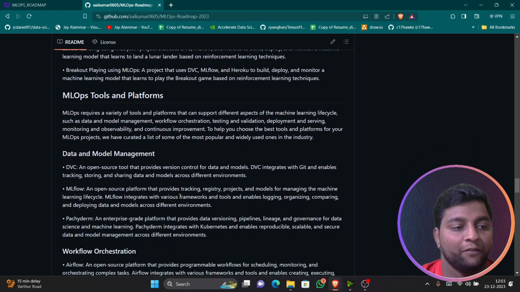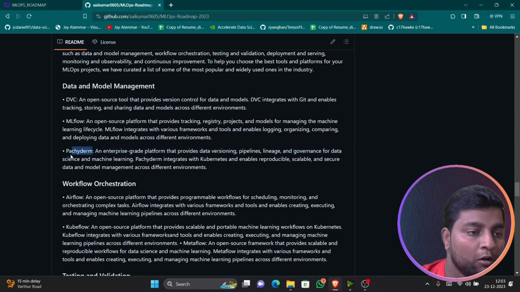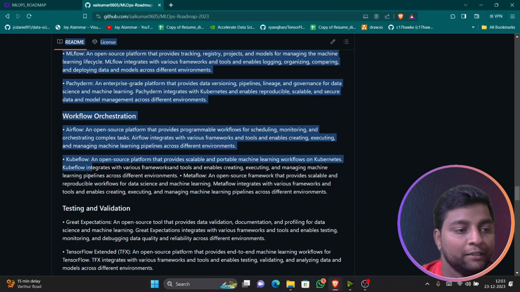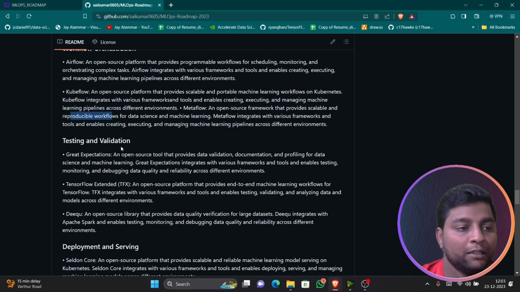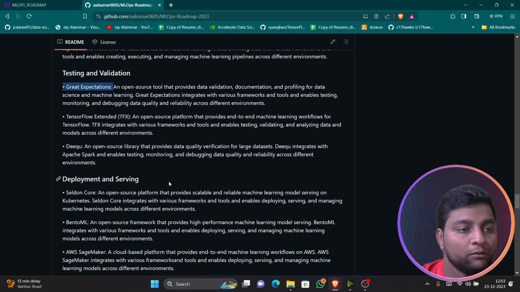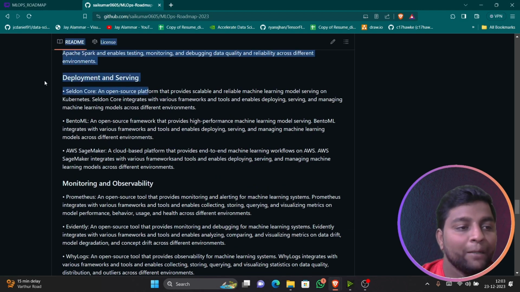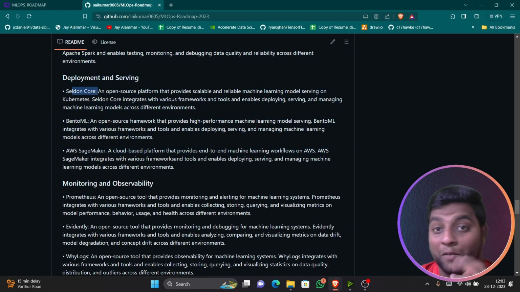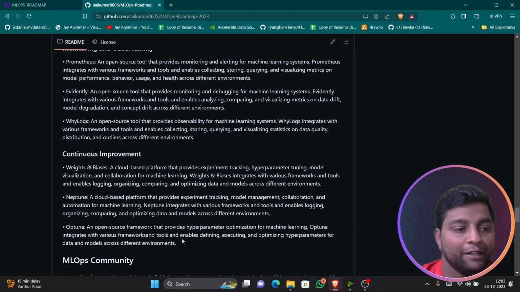MLOps tools and platforms, there are different tools, like I told you, right? DVC, MLflow, and there is another tool called Pachyderm, and workflow tools like Airflow, Kubernetes. I told you all, right? You have all this. You can have a look at that. For testing and validation, we can use TensorFlow, Deepchecks, and even you have Great Expectations. And for deploying and serving, I told you all, right? BentoML you have, and AWS SageMaker you have, Seldon Core you have. You can have a look at this. There are many different tools which you can use for your requirements. Based on your requirements, you have to use them. So containerizing